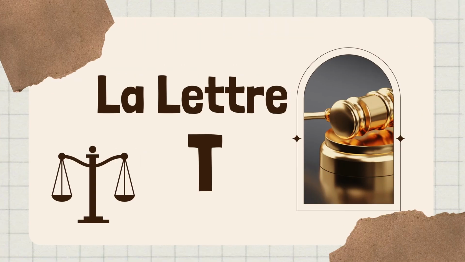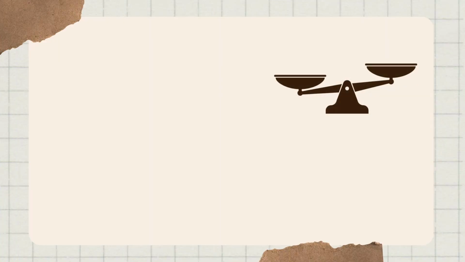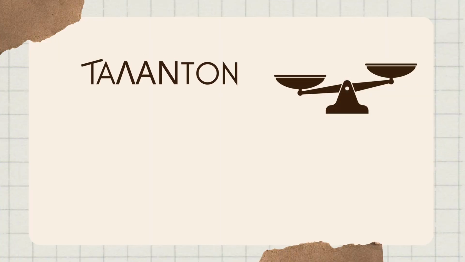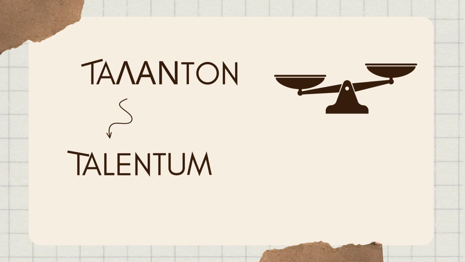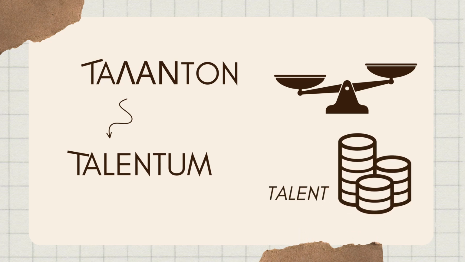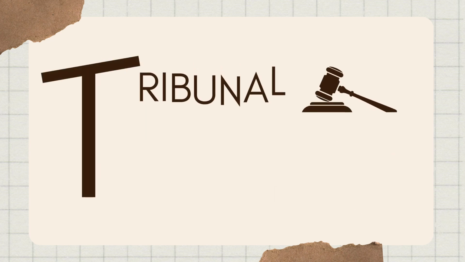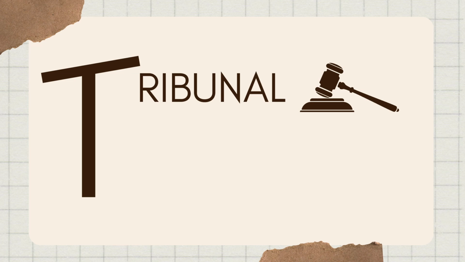The letter T. In Greek, the letter T represented, in a simplified form, a balance, which was called talenton, and gave rise to the Latin word talentum, referring to a weighing scale. Then, the word talent later came to mean sum of money. However, the balance can also remind us of the Latin word tribunal, which is the same word in French and signifies court, which was literally the place where the tribunes, or magistrates, spoke.